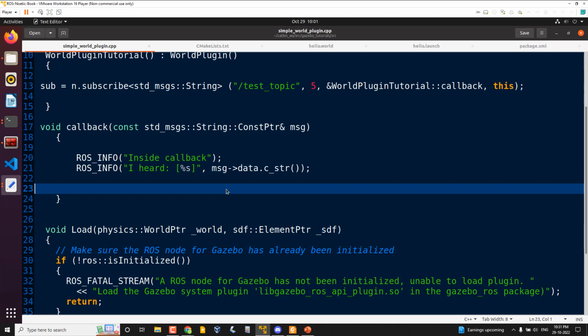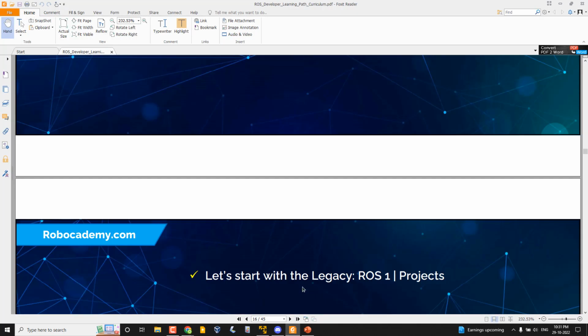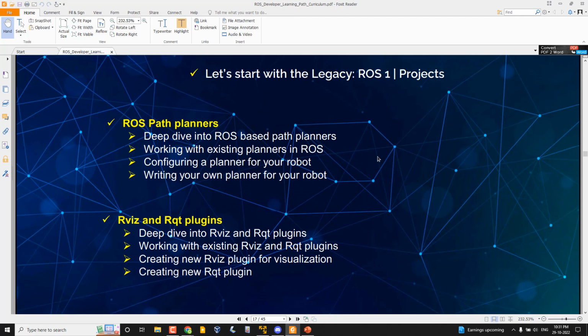Okay, yes. So I think we have covered the basics of Gazebo plugins. Now I am planning to conclude for today. Next week I am planning to discuss the path planner. If I'm missing any topics, I will cover them at the end. No worries. So not next week, maybe tomorrow,